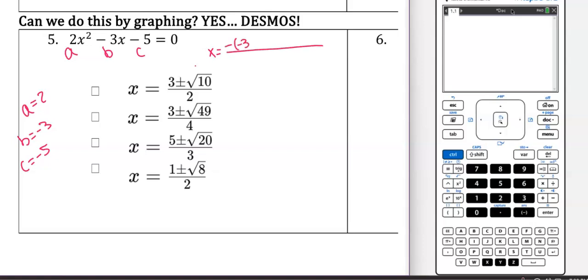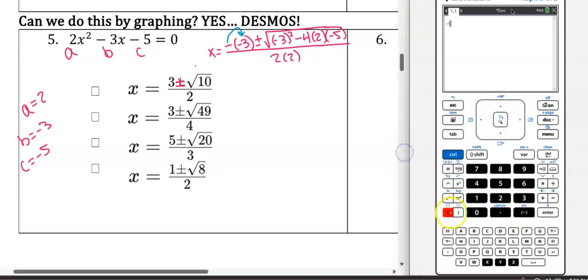Negative b plus or minus, since our answer choices have plus or minus, the square root of negative 3 squared minus 4ac, divided by 2a. Now, here's what we're going to do. Since our answers are multiple choice, we are just going to simplify this as best as possible. Negative times negative 3 is